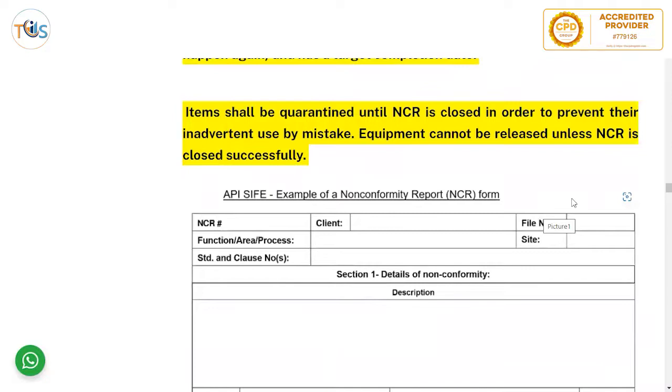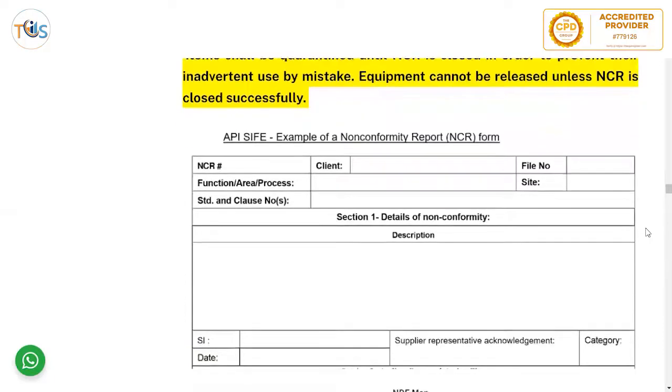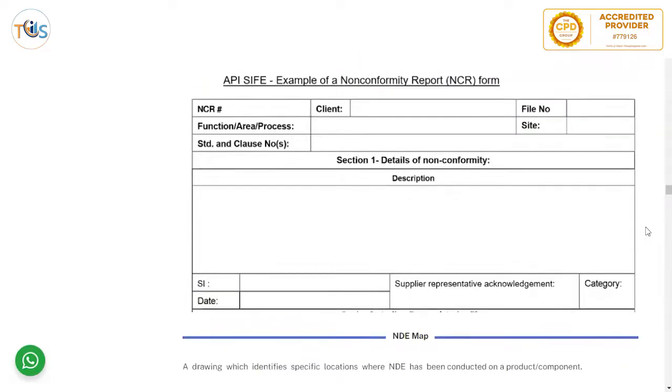Items should be quarantined until the NCR is closed in order to prevent their inadvertent use by mistake. A coupon cannot be released unless the NCR is closed successfully. As you can see, a typical NCR form has the NCR number, client, where it happened, function, area, process,